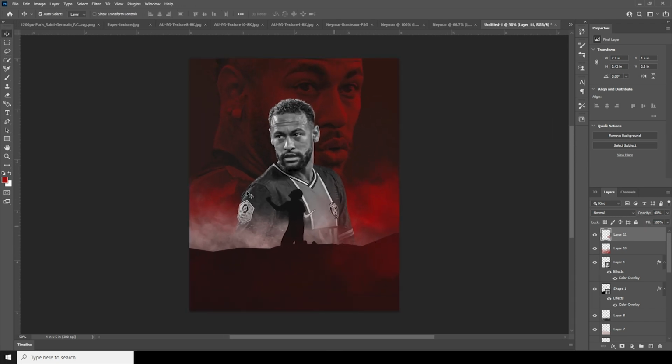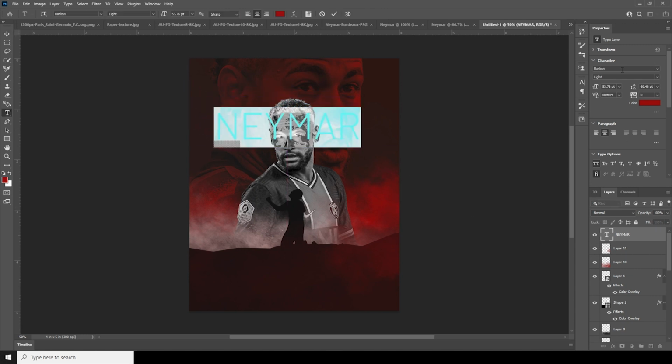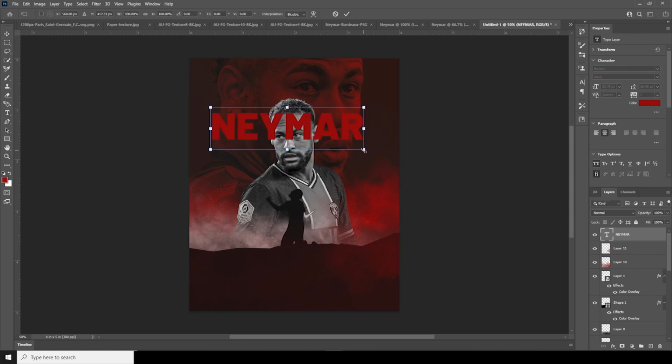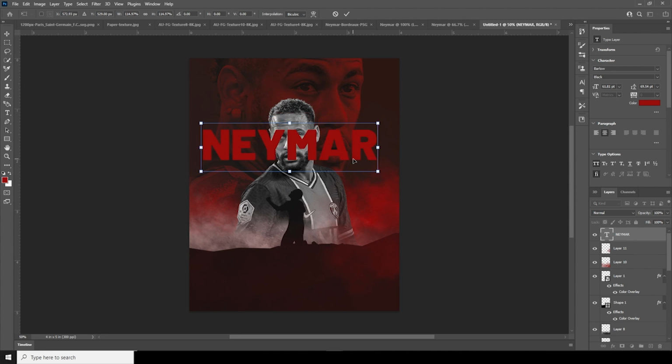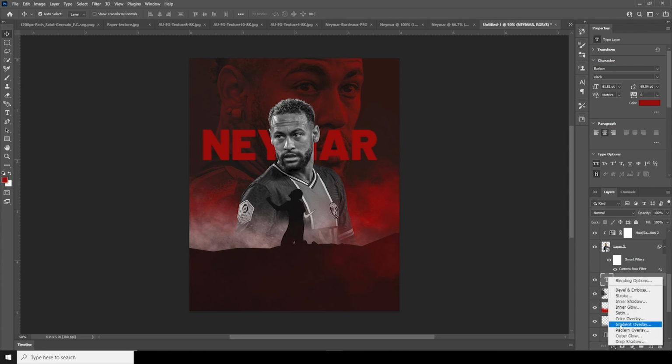And now let's add some text. So go over here, add a text. Control T, let's make it bigger. And let's change the font to this, and let's change it to black. Control T, let's make it even bigger. Let's keep it right over here, and let's keep it under this layer, and let's go over here, add a gradient overlay,